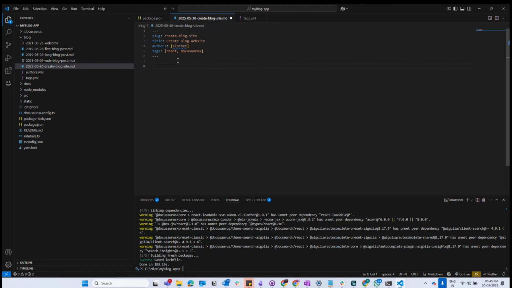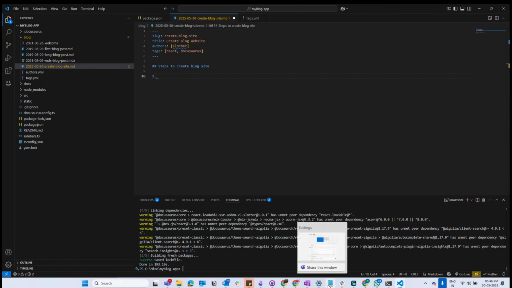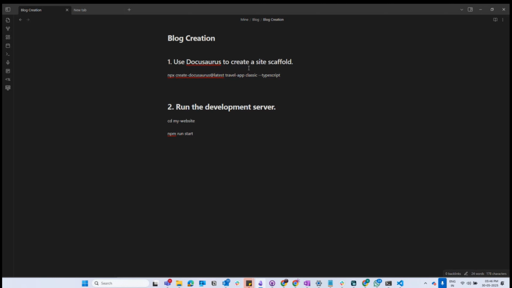Steps to create a blog site. Okay, what is the first step? You need to use npx in order to launch the project. So let me take this from my notes